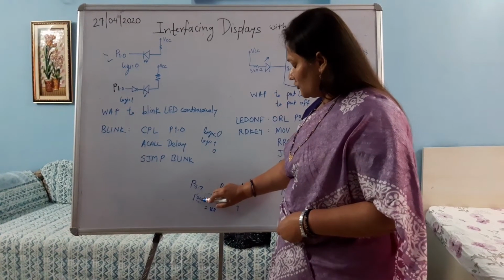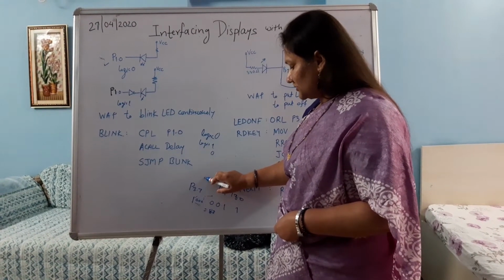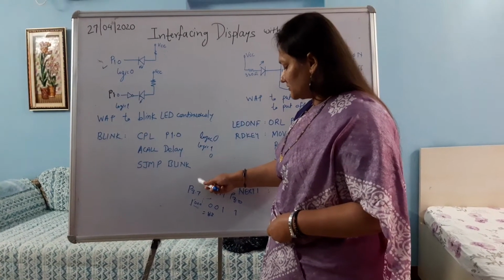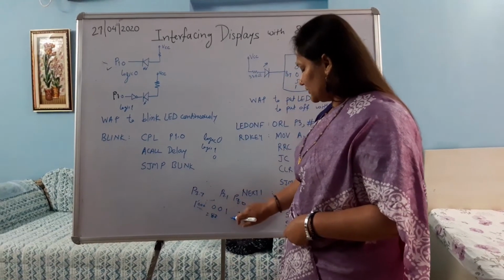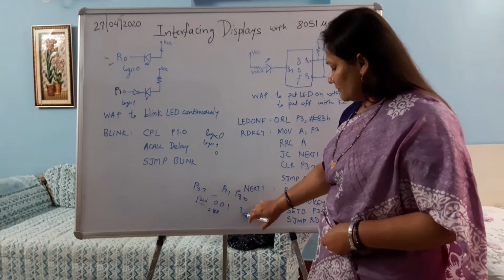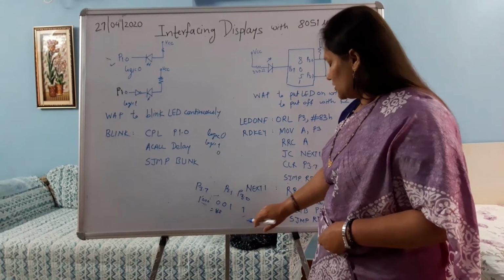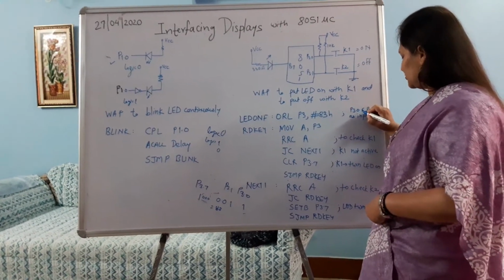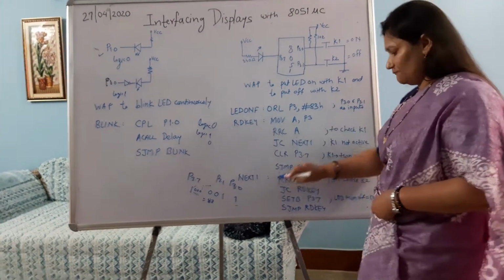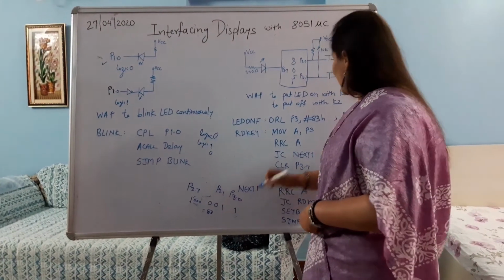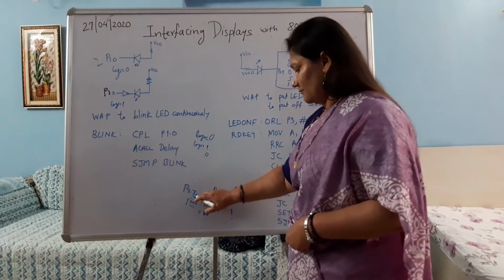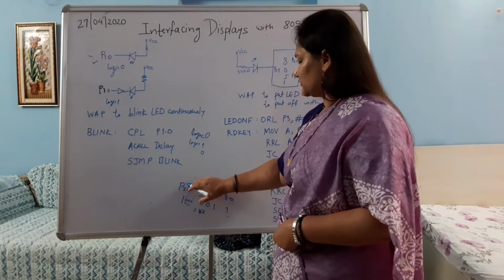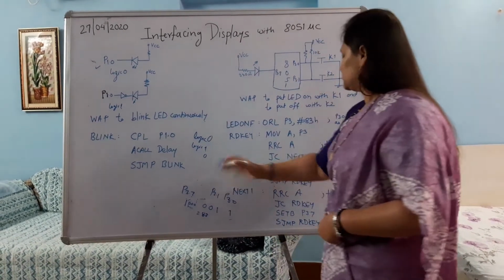What ORing does: if you are ORing with 0, then the original status does not change. But if you are ORing with 1, whatever may be the previous status, it comes to 1. When we OR the bit with 1, the result comes to be 1. So with this instruction, we are making port 3.0 and port 3.1 input pins, making them compulsorily 1 1, and we are not changing the status of port 3.7. Let it be whatever the previous status was.